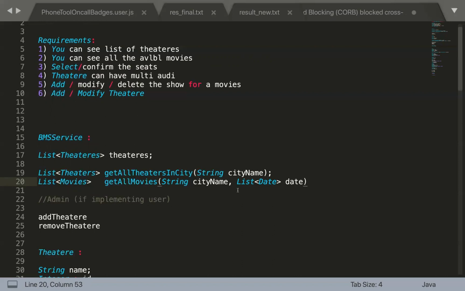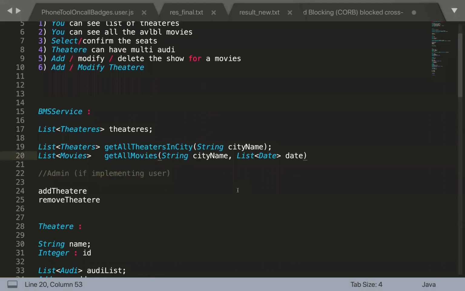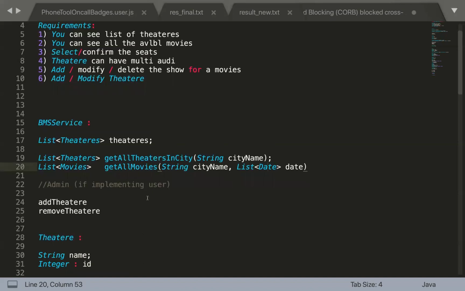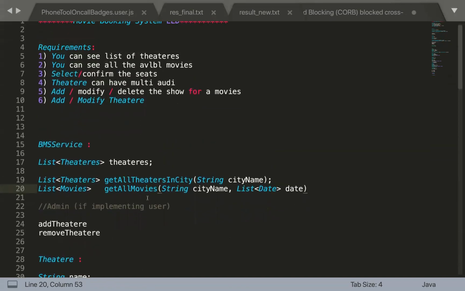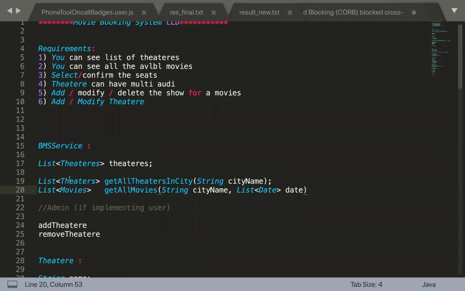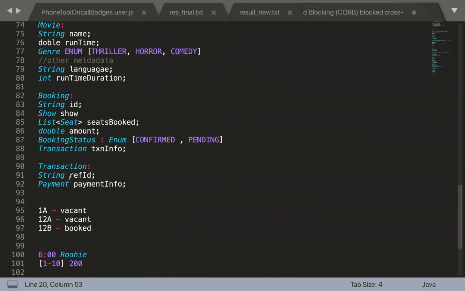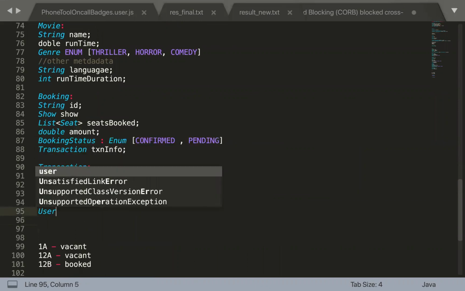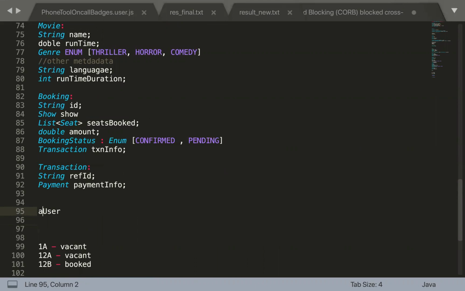So probably the interviewer might ask you to list down all the APIs. There are some additions that the interviewer might ask. Probably here we are not implementing the user, so he can ask you, hey, can you implement the user as well, how will the user entity look like? In that case, you can modify it to have, let's suppose, a user, which is nothing but an abstract class, because you are going to have multiple types of user.